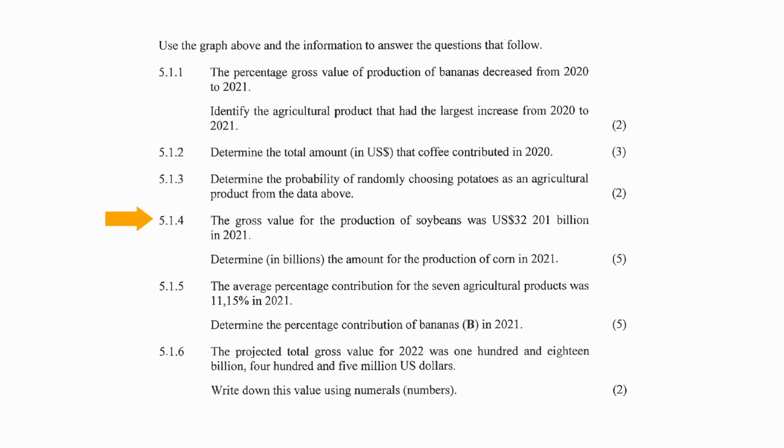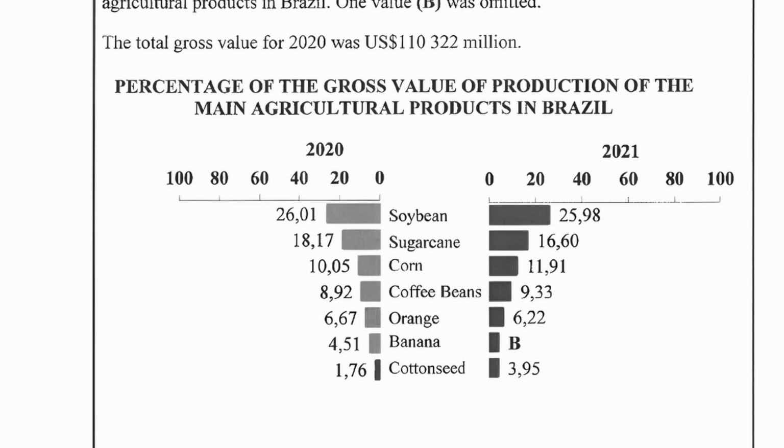In question 514, it is stated that the gross value for the production of soybeans was 32,201 billion US dollars in 2021. You have to determine in billions the amount for the production of corn in 2021. From the graph of 2021, the production of soybeans as a percentage is given as 25.98%. This equals a dollar value of